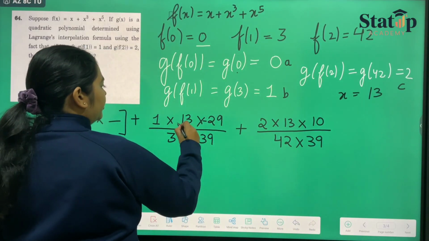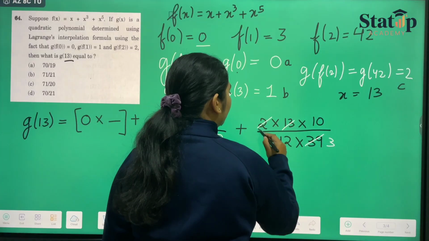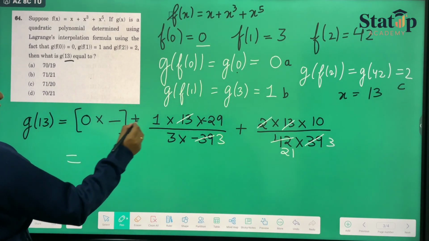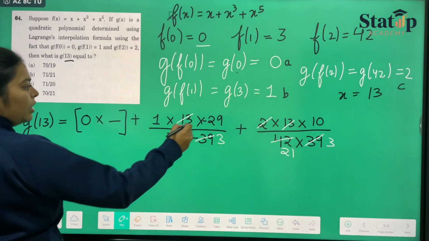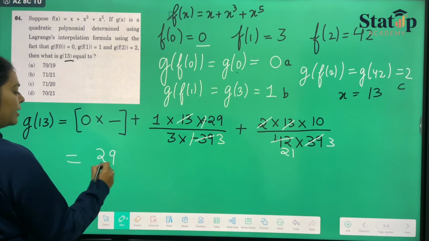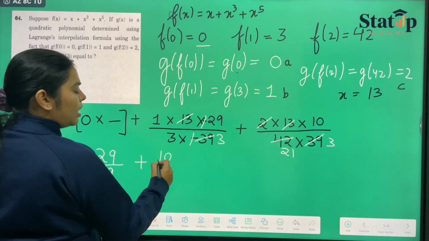If we cut them, 13 3s are 39, and 13 3s are 39. So the denominator and numerator, the minus also gets cancelled. It will be 29 upon 9 plus 10 upon